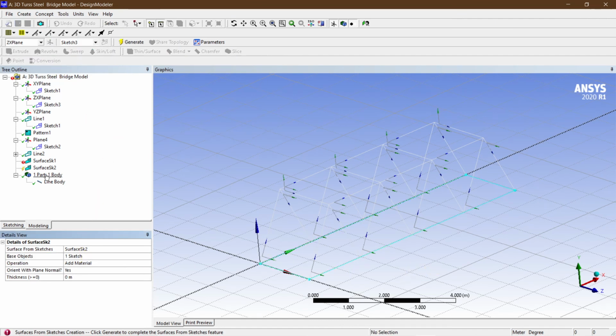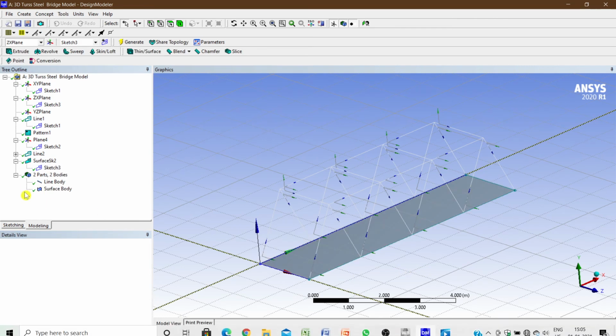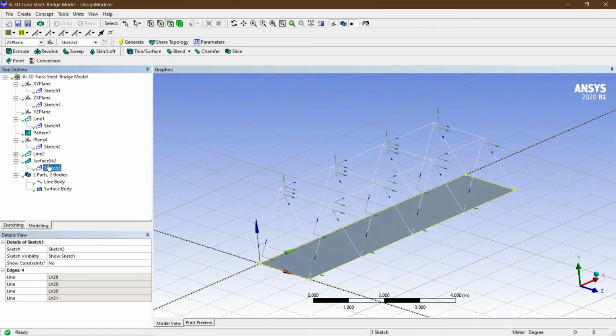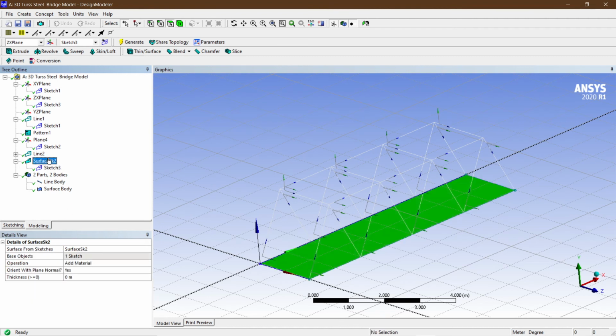So this is done. Actually, my dear friends, I just forgot to give the thickness of this sketch here. So show the sketch here, this edge, the surface here. I just forgot to give the thickness. The thickness I will give as 0.1 meter.